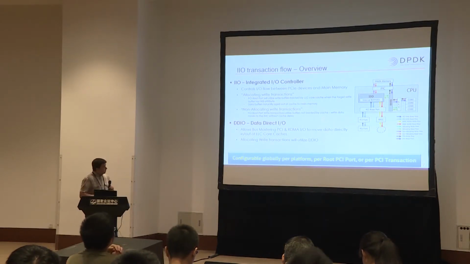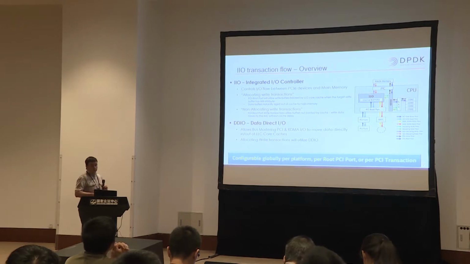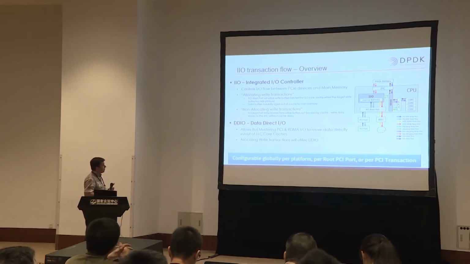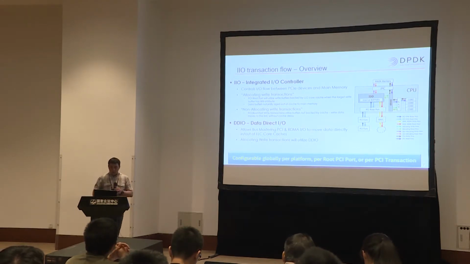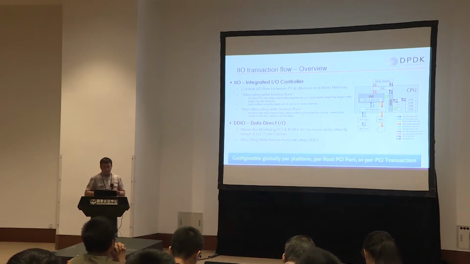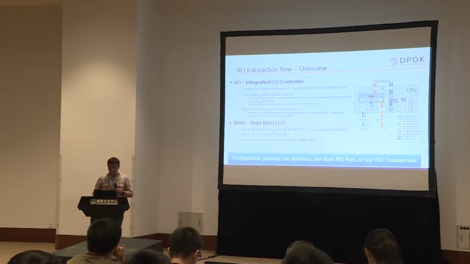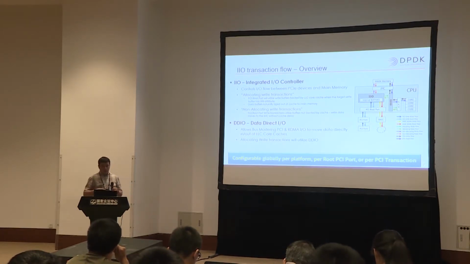And also it's worth mentioning at this point that LLC ways can be written by cores. However, I/O devices are not allowed to write the core ways of the L3 cache. So if an I/O PCI write results in an LLC hit, because that line was initially brought to the L3 cache, the I/O write can use that LLC allocation even if it's not in the I/O ways.